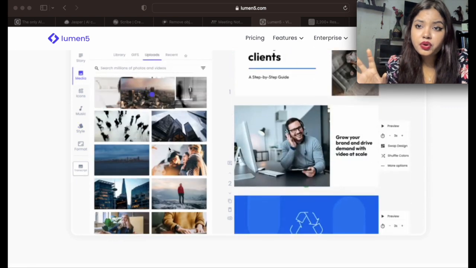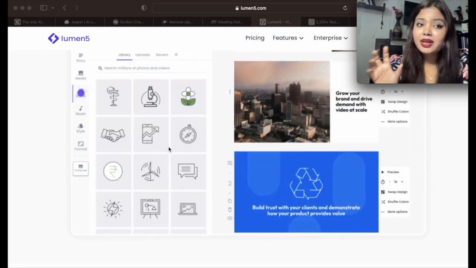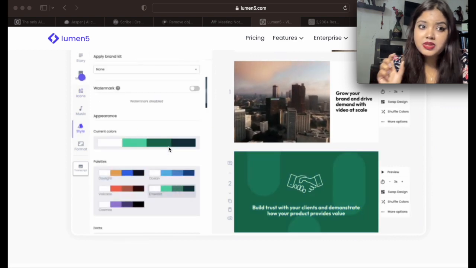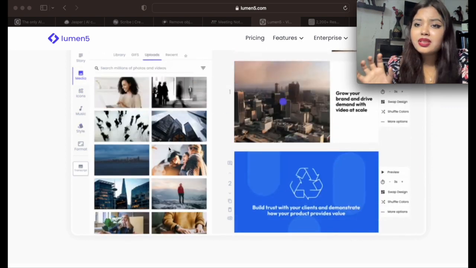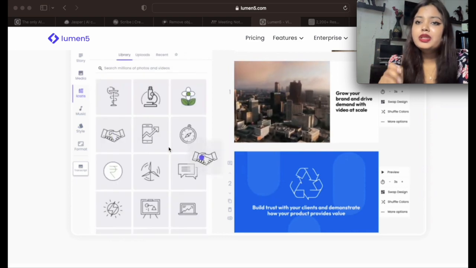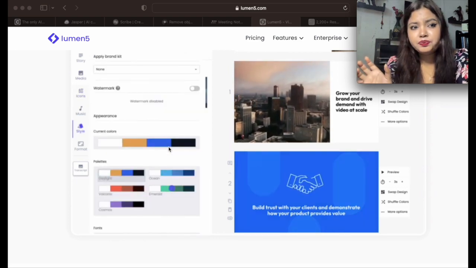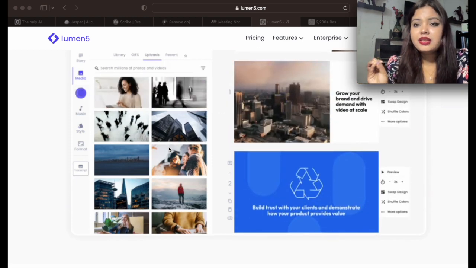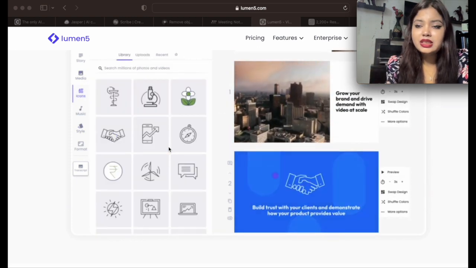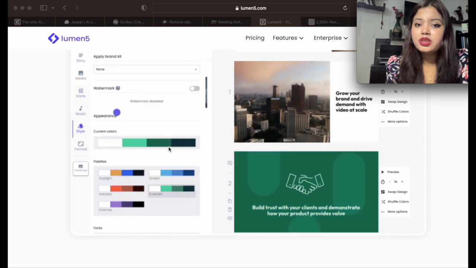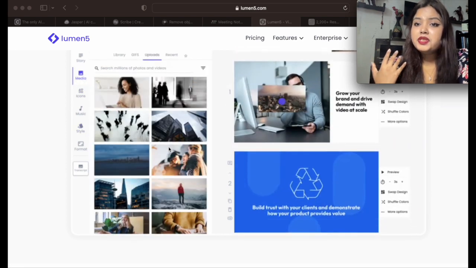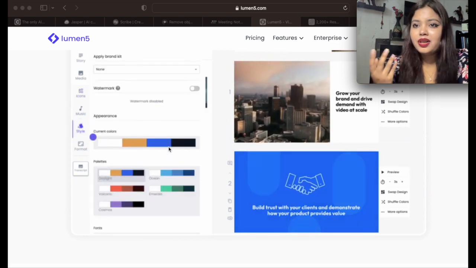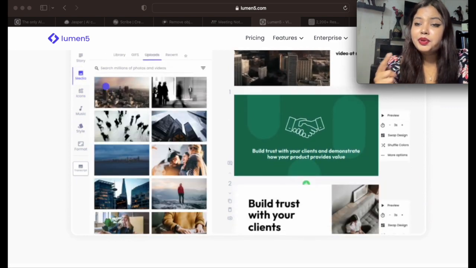Creating a whole video is not an easy task, but when there is one application where you can get all the clips, colors, icons, maybe everything, it's kind of a one-stop shop, then you can easily go and create a video. So I don't think you need to spend so much money on a video editor when you know that these tools are already out there, which you can use to make your content interesting. Maybe if you are a business owner running a small business, this can be useful for you.